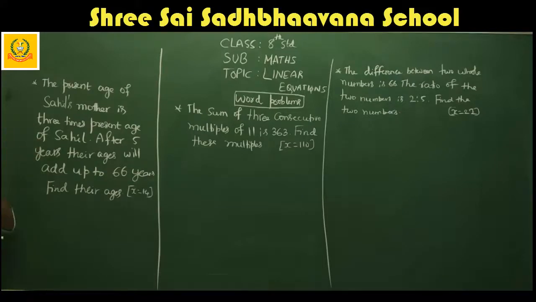You might have studied in the last classes where x plus 60 is equal to some number, and you find the x value. All those were direct substitution or rules we were following. Here we have to use the brain and find out the unknown. How to find which is unknown? The present age of Sahil's mother is three times the present age of Sahil. You just observe, the present age of Sahil is linked with the present age of Sahil's mother, isn't it?